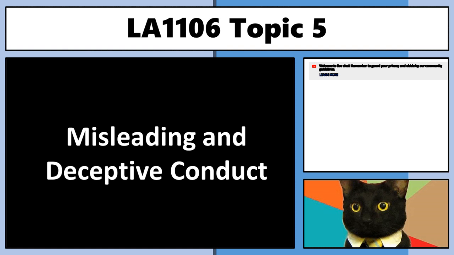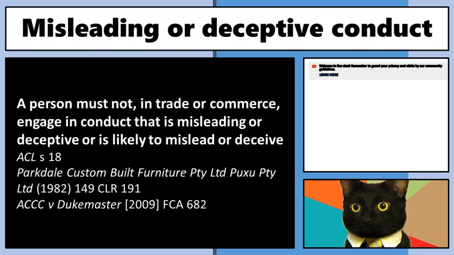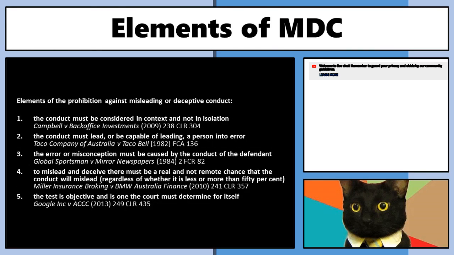Okay, and so a couple of things to note when they're defining and talking about this particular section is that it has its own series of elements that you go through and prove. But generally, the person bringing the action has a much easier time. They have a far easier time doing it because just the elements are easy to prove.